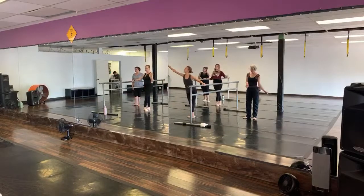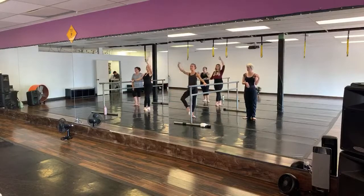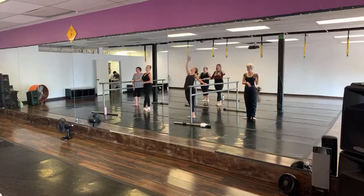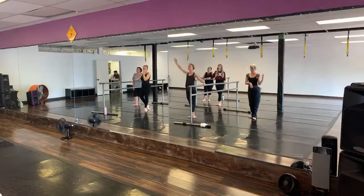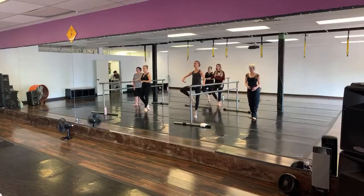Then we'll take our normal port de bras. We'll come right forward, and two, three. Take a pop, stay down flat. Seven and eight. Come right back. Two, three, four. Inside leg, pop, stay back. Seven, eight. Side. Two, three, four, away, two, three, four, plie, sous-sus, passe, and then we'll find a